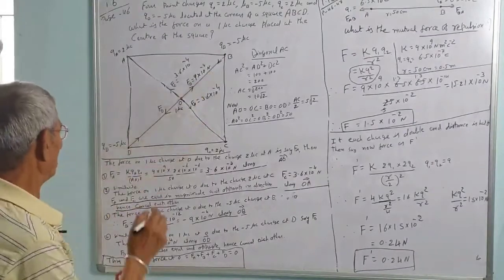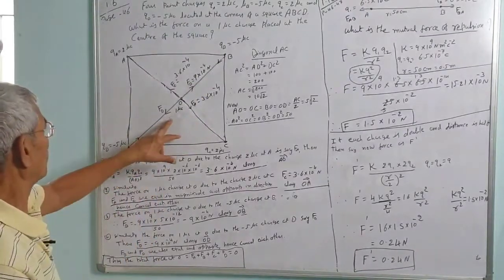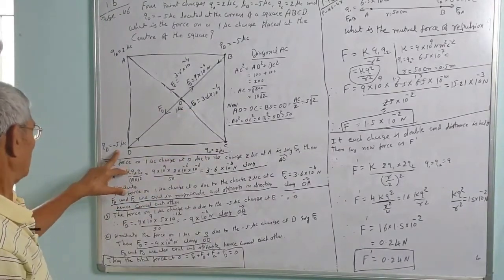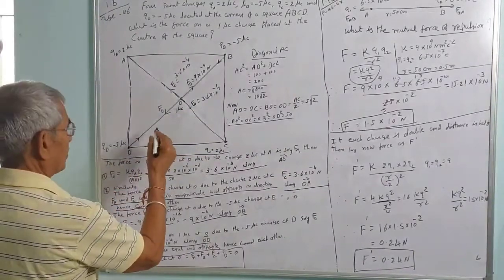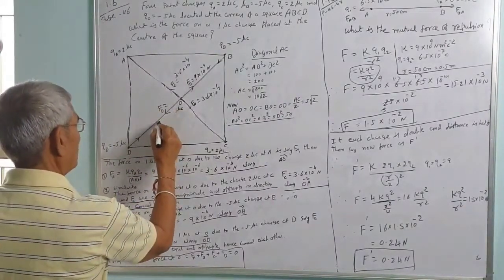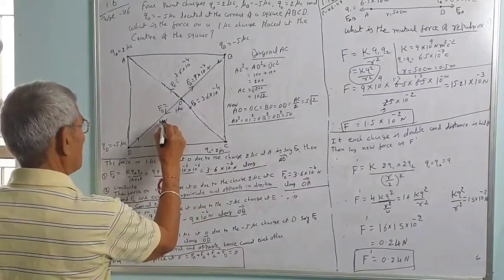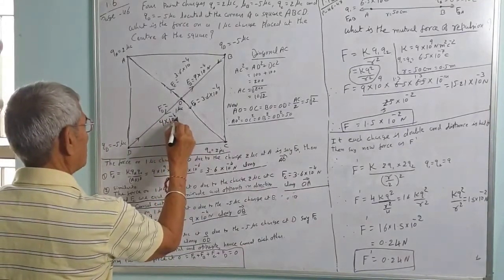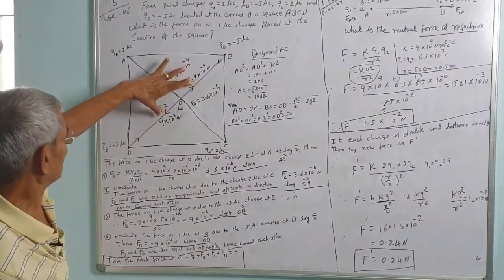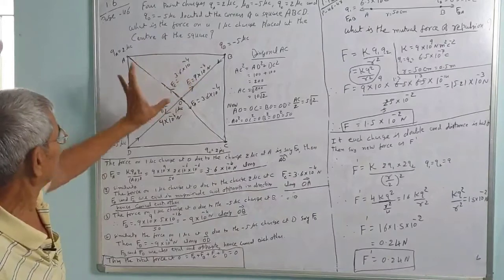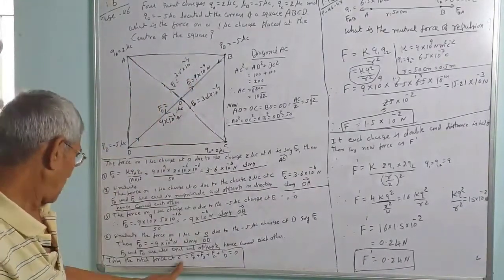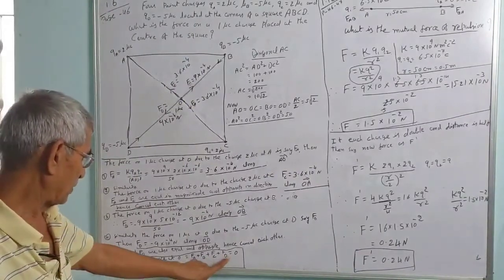Both charges are the same, so the force on the 1 microcoulomb charge placed at O due to the minus 5 microcoulomb charge placed at D, say FD, is also 9 into 10 raised to minus 4 newton, but in the opposite direction, along OD. So these are also equal in magnitude and opposite in direction, so they cancel. So the net force at O is 0. The total force at O is FA plus FB plus FC plus FD, which is zero.